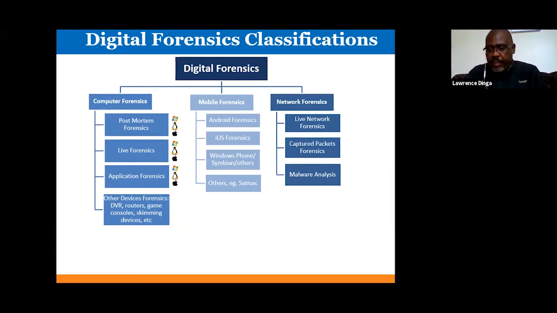Now, application forensics is where you analyze applications, things like the databases, to find information that is necessary for your investigation. Then we have other forensics, like DVR, game consoles, and skimming devices. These devices have storage media which can store information. So if you go to a place and find that they have a game console,